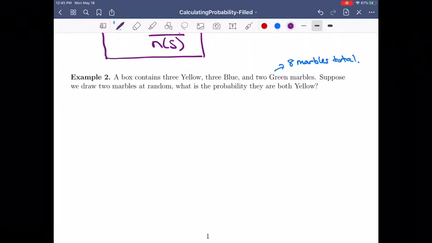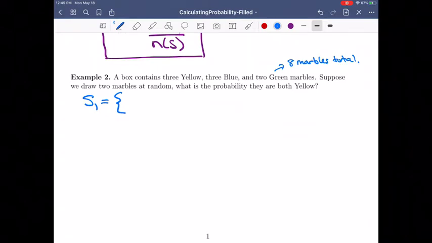So I'm going to call this S1. Maybe let's do it in blue. So the proposed sample space, I'm going to try and propose something, and then we'll talk about whether it's going to work or not. Because we're grabbing two marbles at random and we're just going to have a selection, the order I select them